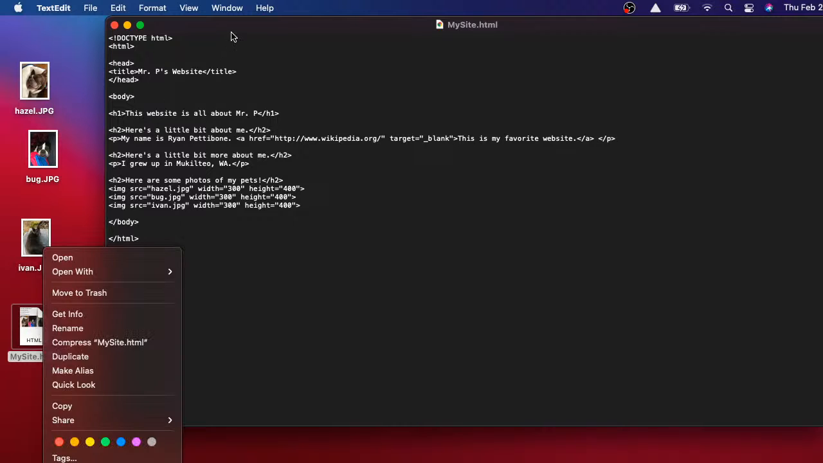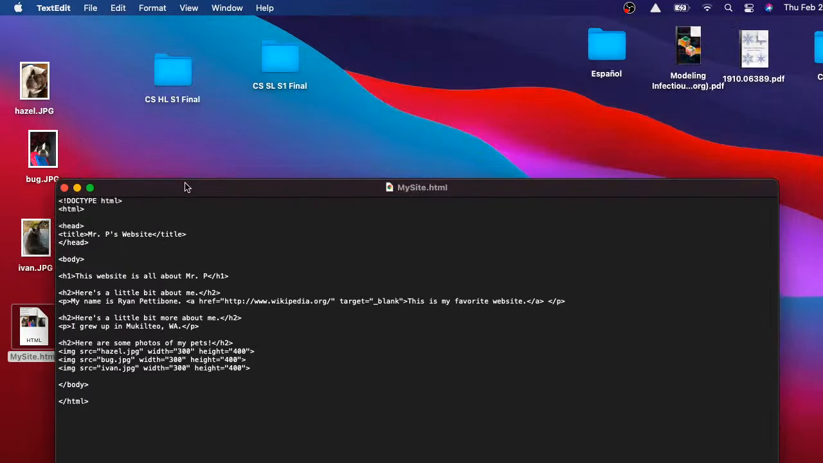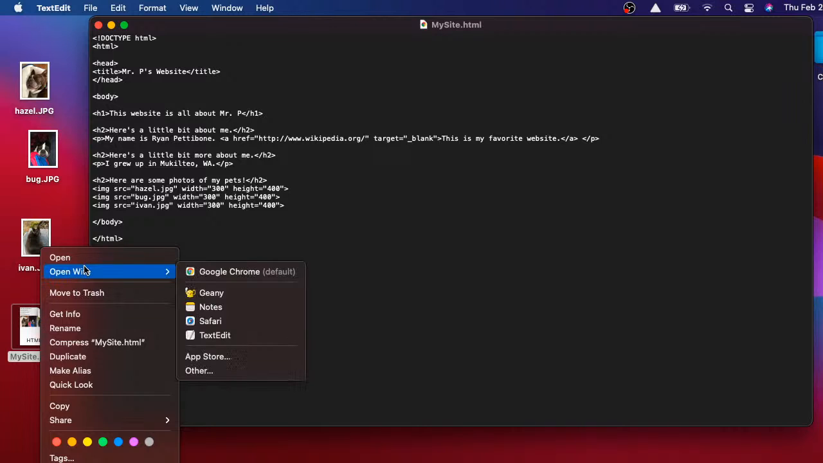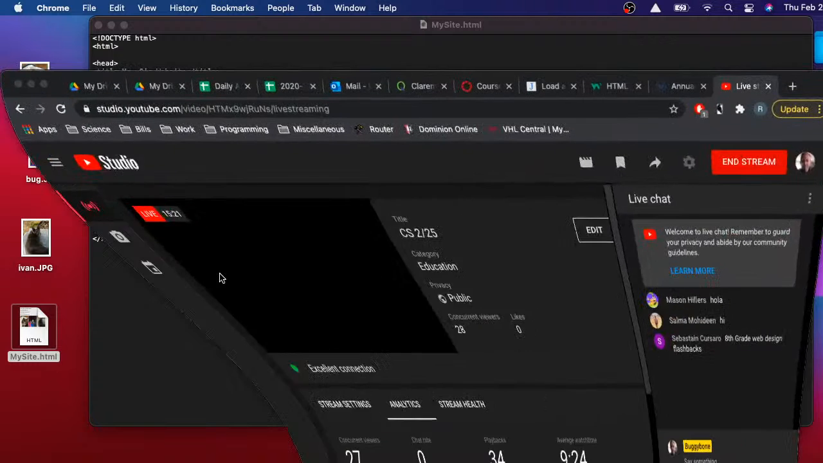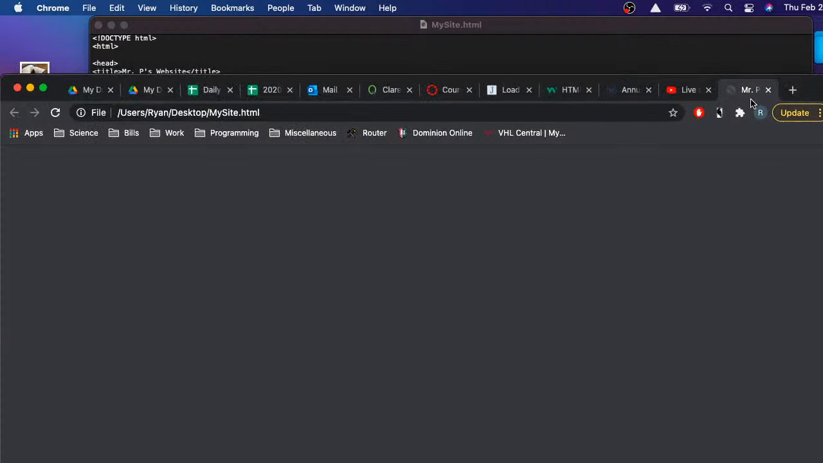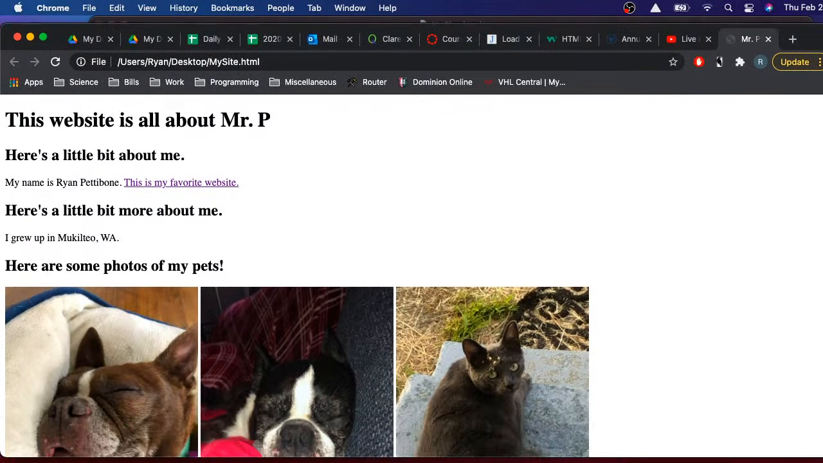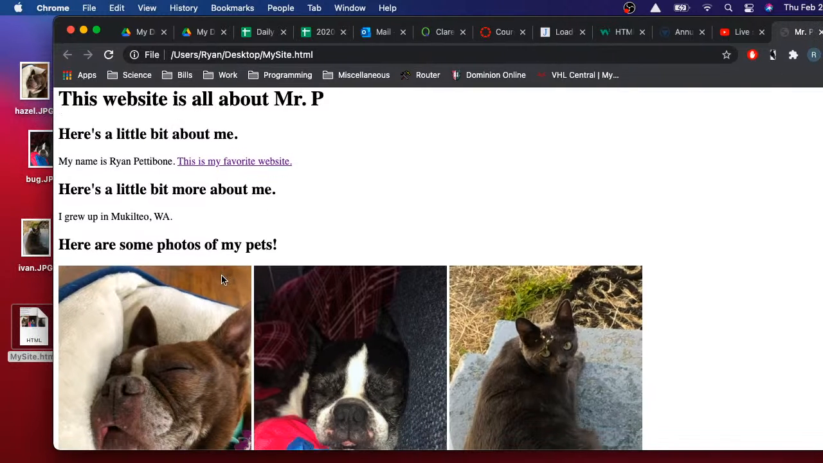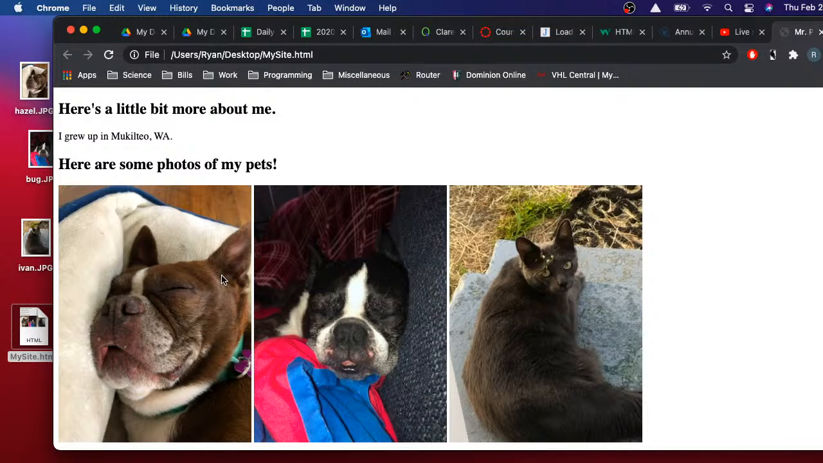And so this is just a text file. But if you want to interpret this as a website would present it, I can Control-click and open with Google Chrome, or whatever your browser is. And so you can see, here it is. It's exactly the same layout as it was in the